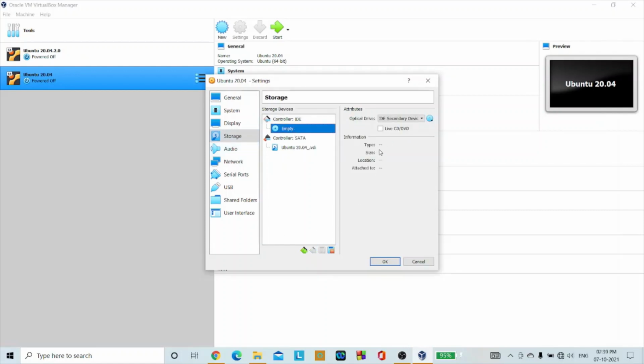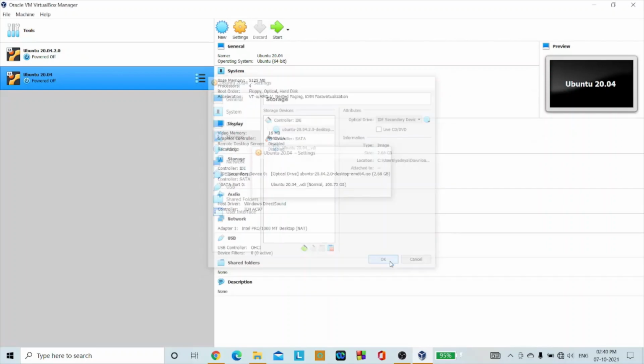Okay, so here basically we have to provide the location of the ISO file of Ubuntu. So we have to click on this blue icon, and then by default you would get the version which we have installed here. So select this file. If you don't get this file appearing on your screen, you could choose it manually from the choose a disk file option. Currently it is appearing on my side, so I would select this directly, and then click on OK.